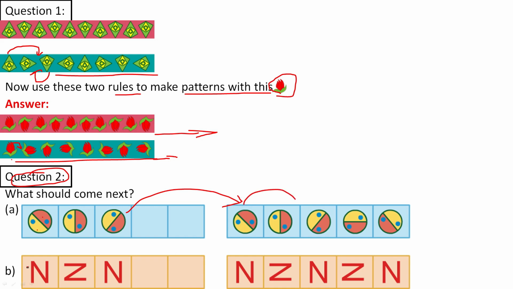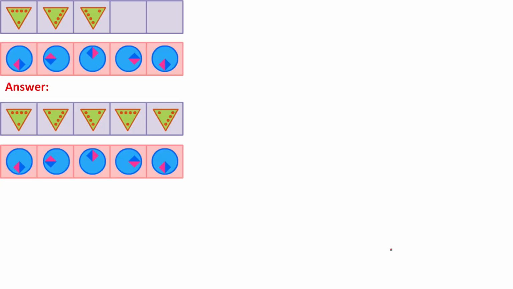Now you see N. Next it become Z when it is a turn 45 degree, then 45 degree. Again how it will come? N, Z, N, Z, N. This pattern we can extend, or we can complete the pattern in this way.